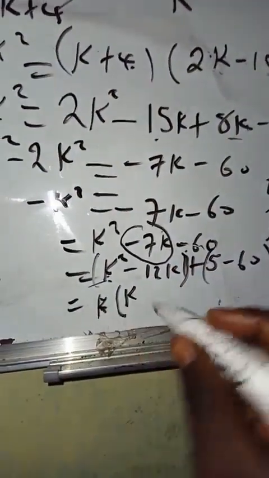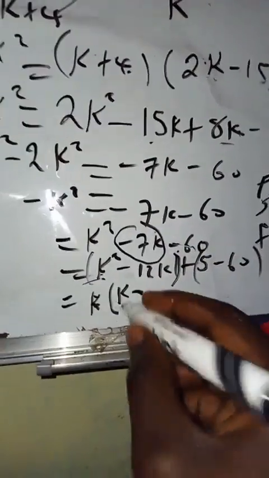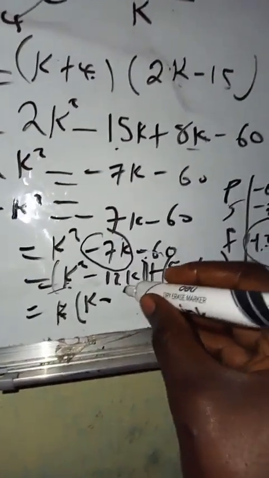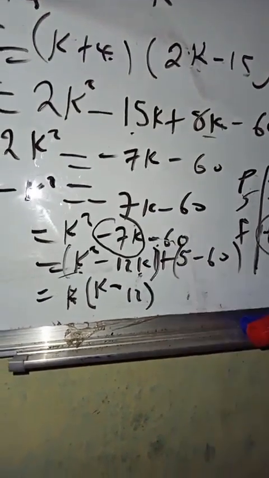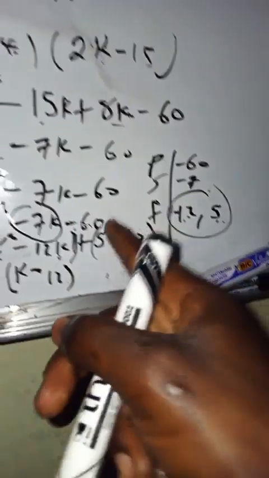Then again, k is negative here. K into 12k, the k and k will cancel. I only remain with a 12. I'll factorize this part. Then now coming to this part,